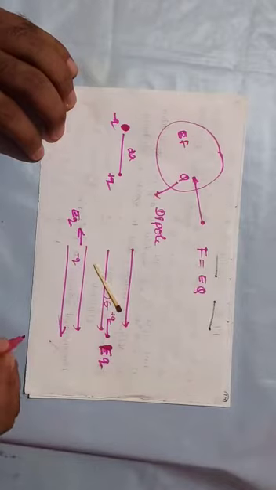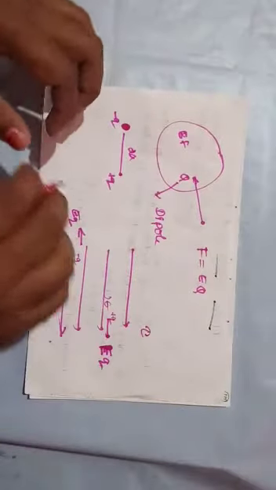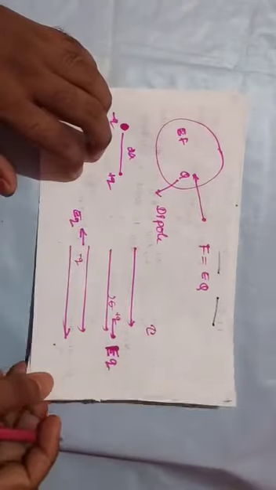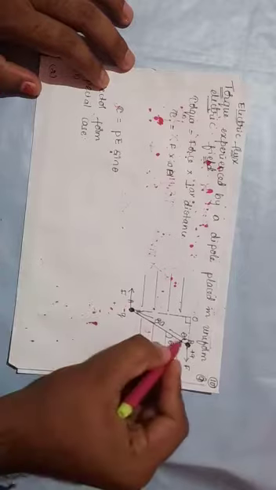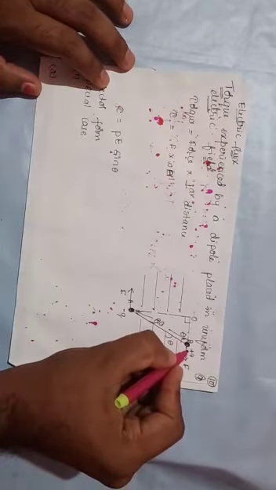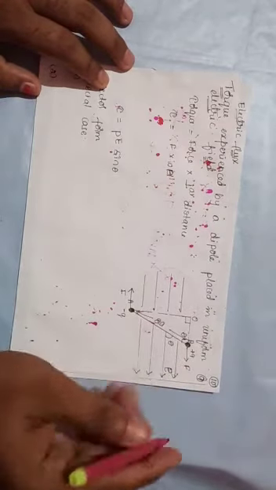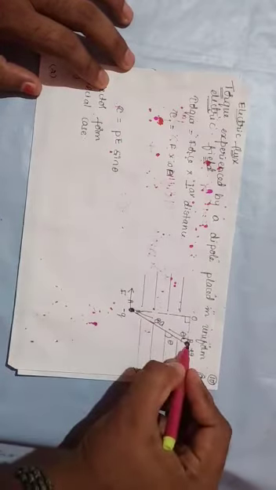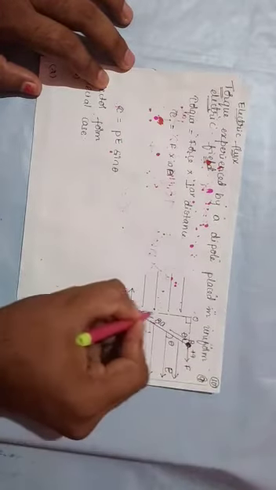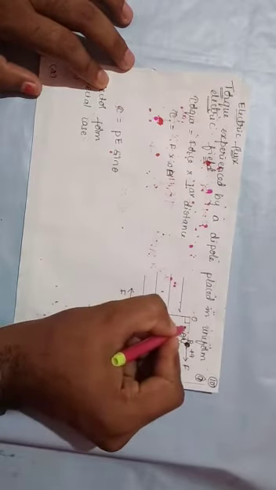Now we have to find the expression for this torque. We are going to derive the expression for torque when the dipole is placed in a uniform external field. Here, AB is a dipole with minus Q charge and plus Q charge. When it is placed in a uniform electric field E, it will oscillate with an angle theta with respect to the electric field. 2A is the length of the dipole. Let us extend and draw this. AO and OB are the perpendiculars. This angle is theta.